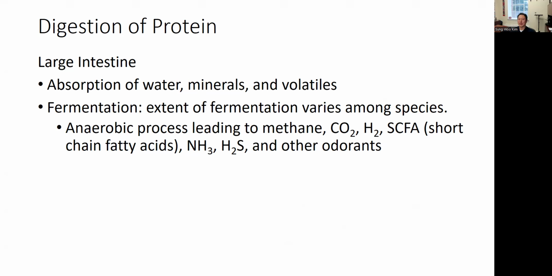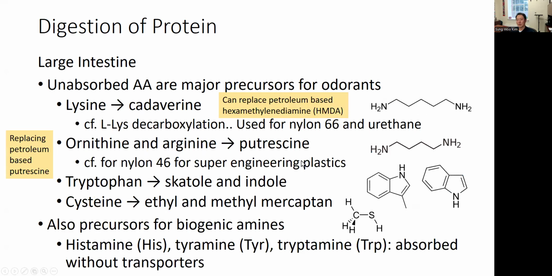This is where the microbial fermentation happens. So there are a lot of products generated from this fermentation, including carbon dioxide, methane, hydrogen, volatile fatty acids or short chain fatty acids, ammonia, hydrogen sulfide, and so on. Some examples in relation to protein fermentation. If some part of protein is undigested and moved to the large intestine,